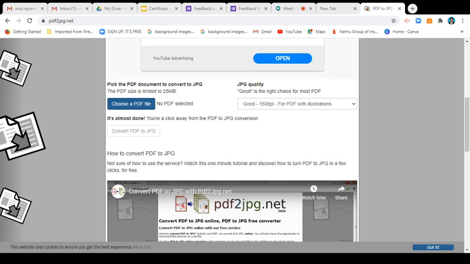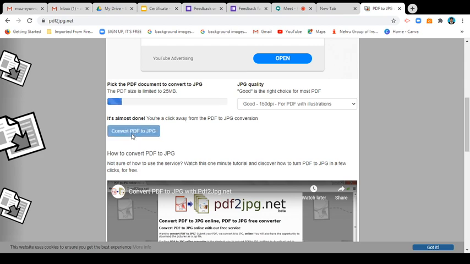This is for automatic certificate generation with the help of Microsoft Word. Here the PDF is there. Click open. So once the file is inserted, now it has to convert PDF to JPEG.